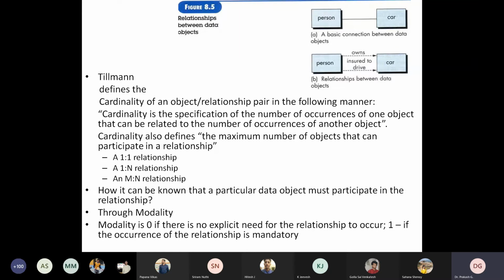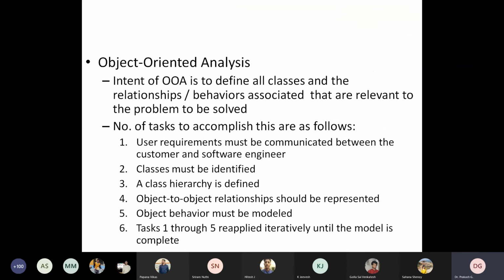Okay, so this already you studied, so I skip this part and I am moving to the next topic, which is object oriented analysis. Okay, so the first thing we had done is data modeling.